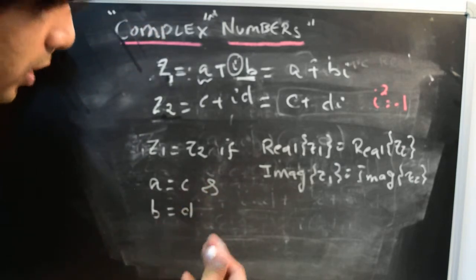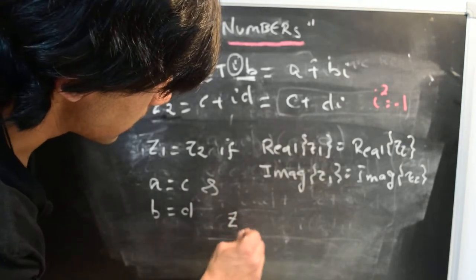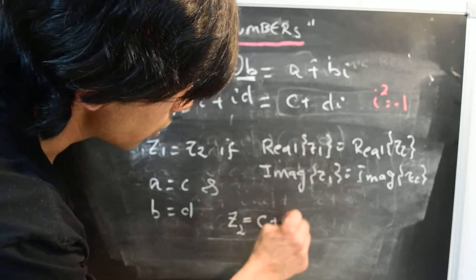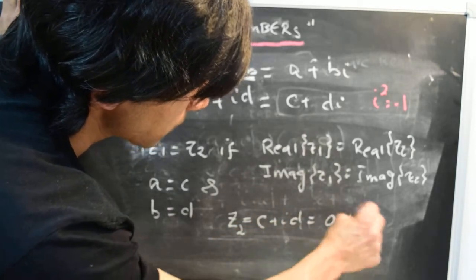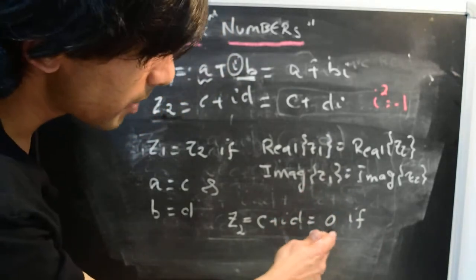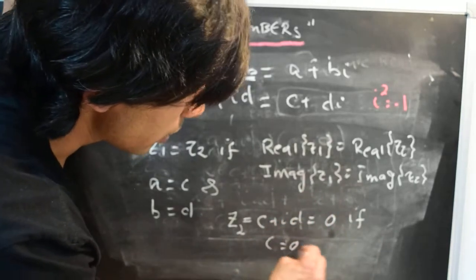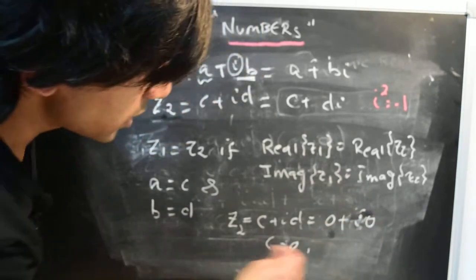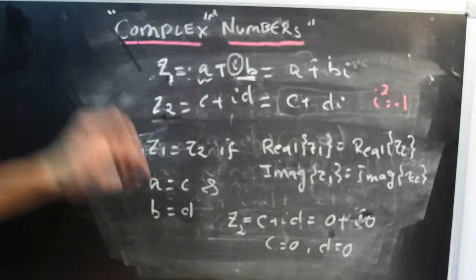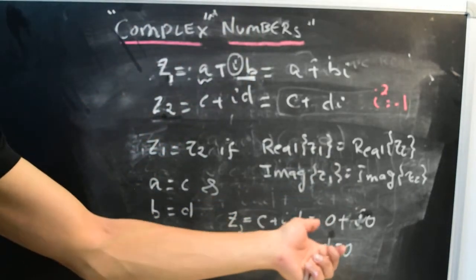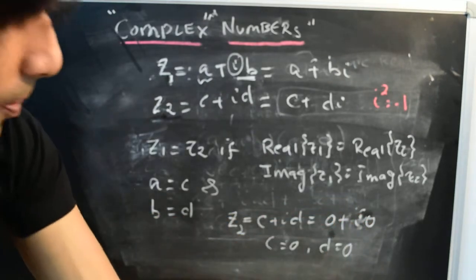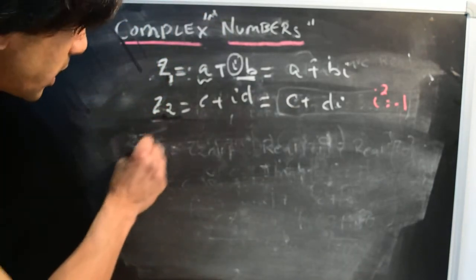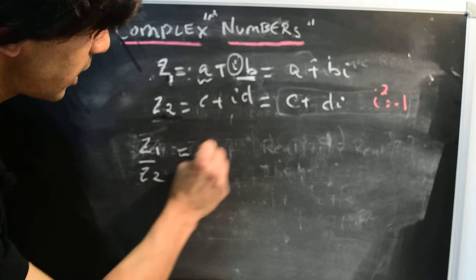So a complex number is 0. Let's say, in this case, let's pick out z2. So z2 is 0 if, so 0 has only a real part, which is 0, if c is 0, and in fact, we can write this as 0 plus i times 0. So if c is 0 and d is 0. So a complex number is 0 if both its real part is identically 0 and its imaginary part is identically equal to 0. Okay, so if z2 is non-zero, we can divide z1 by z2 and write it as a plus ib